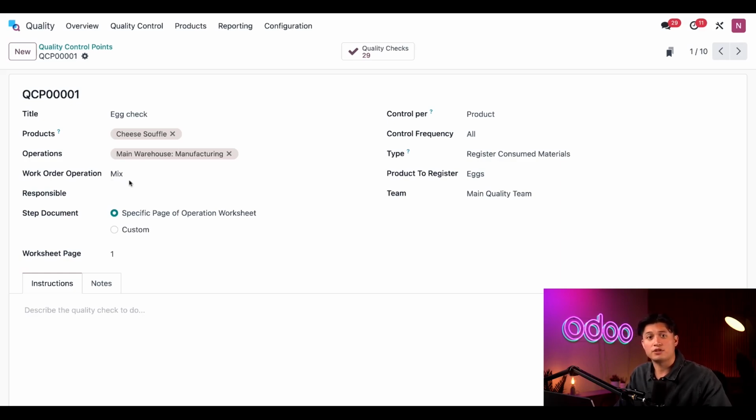We also have to select the register consumed materials in the type field and select eggs in the product register field. As a result, the quality check that gets created will ask us to confirm the total number of eggs we use for the MO. That's just a basic overview of how to configure a QCP for the specific workflow,